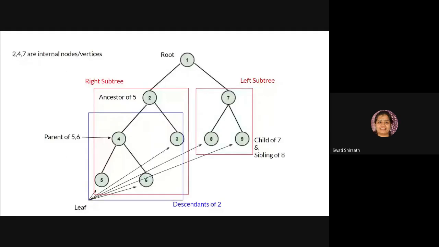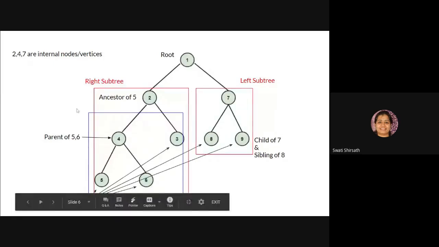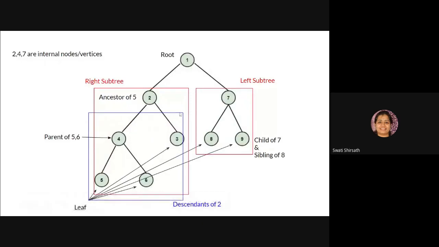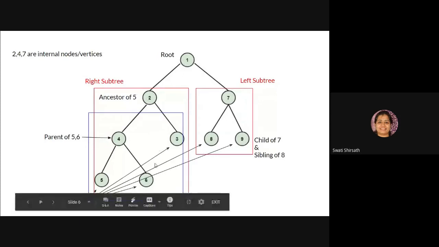There is this diagram. So here, there are different terminologies that we need to understand. Now the diagram is quite, I mean, a little shabby, but then I'll manage. So this first element is called the root, and no other element is called the root. The element which is at the top is called the root, and it is the only element that is called the root.